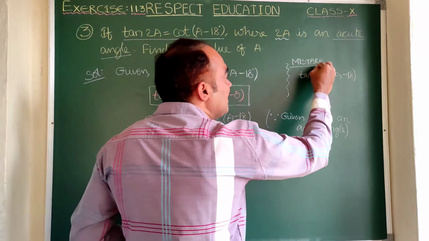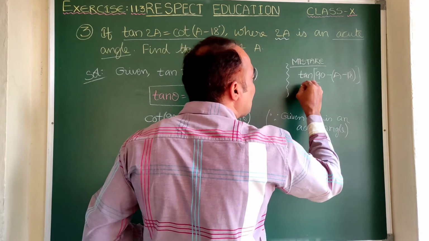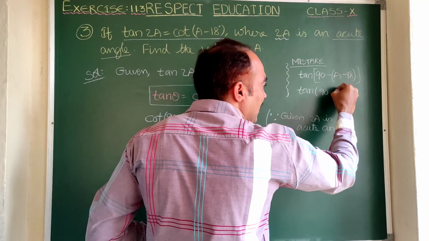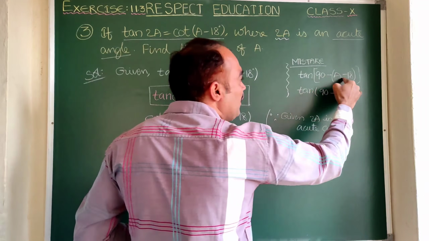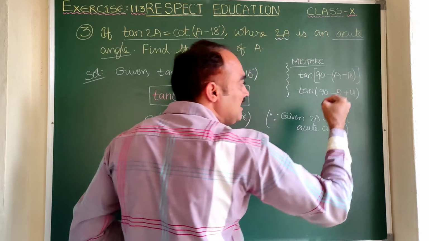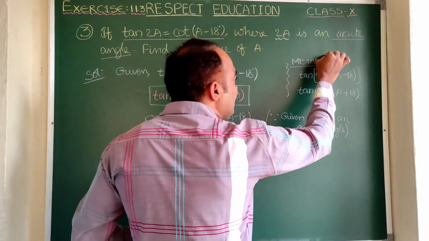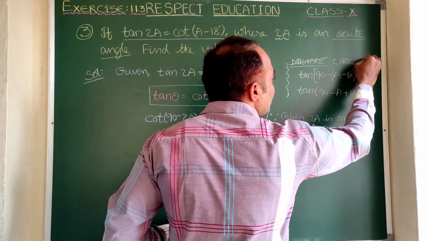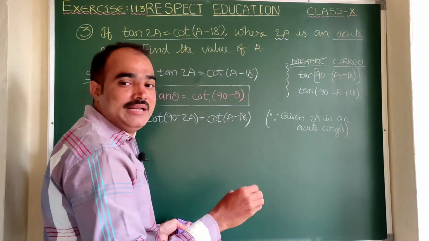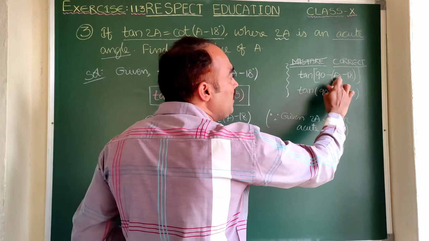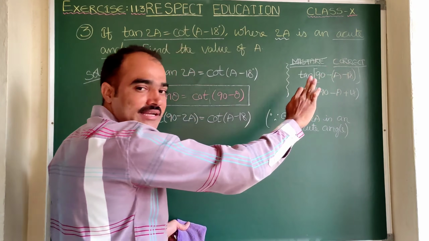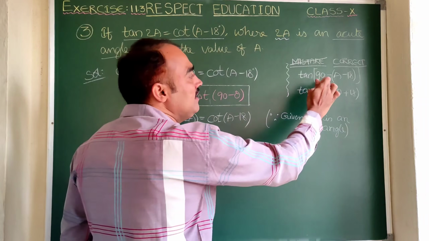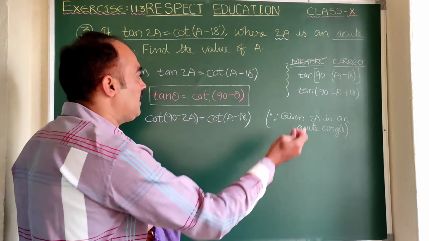Then tan(90 minus theta) comes as tan of 90 minus into a minus a, again minus into minus plus 18, and the mistake will be corrected. But in examination, what is the guarantee that you will keep the bracket? That's why it is better you don't go for that kind of simplification. If you are well confident, then you can go for that way. Now let us come back.